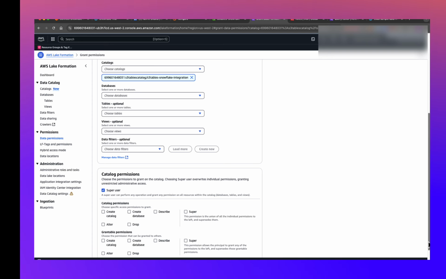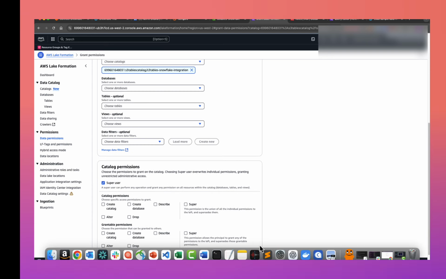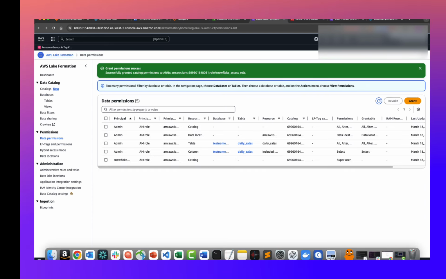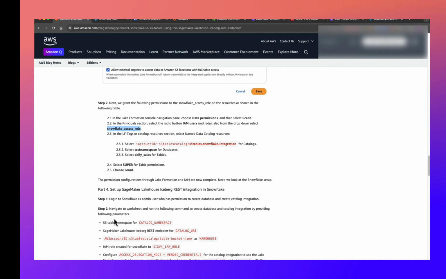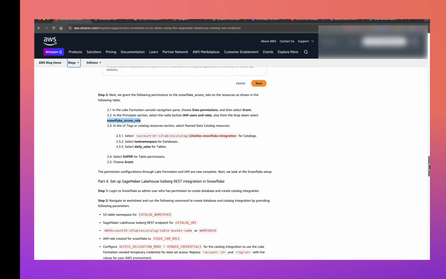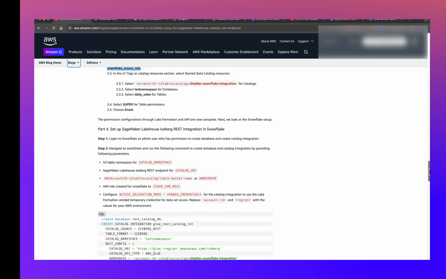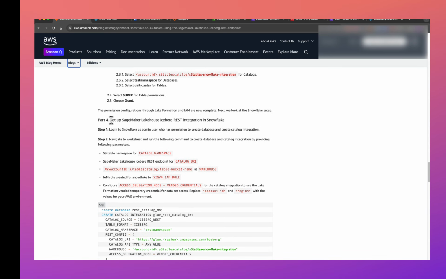So this is like we are having super access granted to this one. Cool. Now go ahead and cool. Now we will be setting up the SageMaker Lakehouse Iceberg REST API integration in Snowflake. So log into Snowflake as an admin user. Cool. Navigate to the worksheet and run the following command to create a database and catalog integration provided by